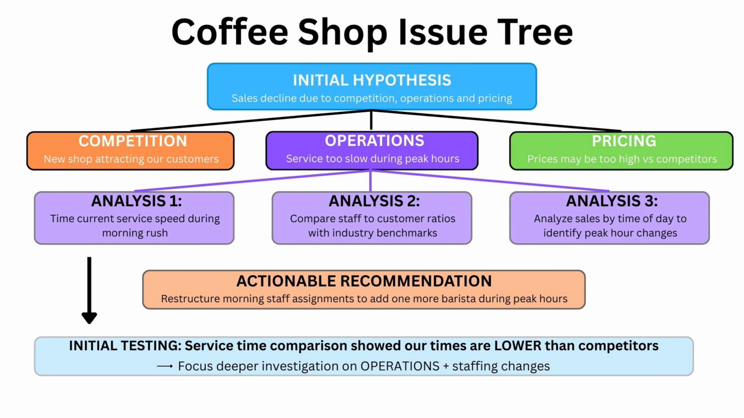For the operations component, you create an actionable recommendation as seen in the orange box near the bottom. Restructure morning staff assignments to add 1 more barista during peak hours. Your issue tree for this component would include analyses that can be seen in purple in the third layer of the diagram, such as timing current service speed, comparing staff to customer ratios with industry benchmarks, and analyzing sales by